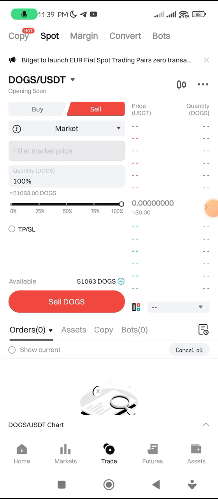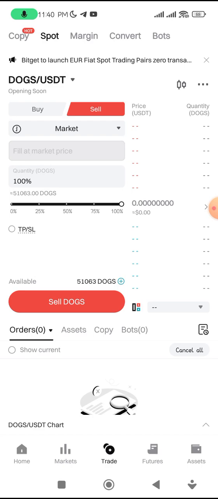Once you get your USDT, it is a stable coin. USDT doesn't go up or go down. It is stable. If you have $100, your $100 will remain at $100. Okay, if you have $50, if you have $20,000, if you have $10,000, it's going to remain at that price. It's not going to go up or come down. So that's why you need to leave your dogs in USDT once you trade it. All right, once you trade, leave it in USDT, then you can now sell your USDT